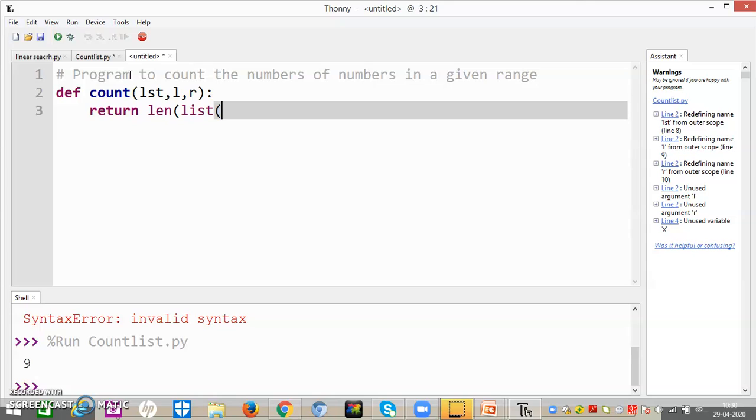Right, like list I have taken, now x for x in range.